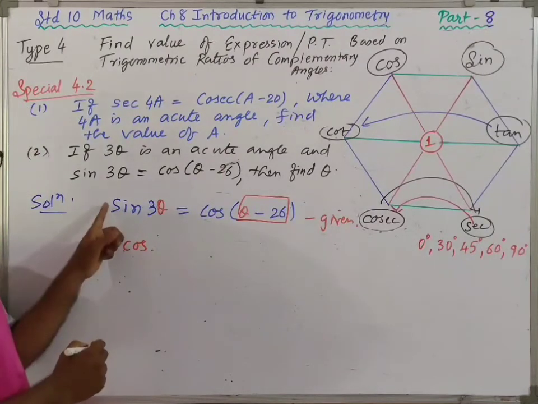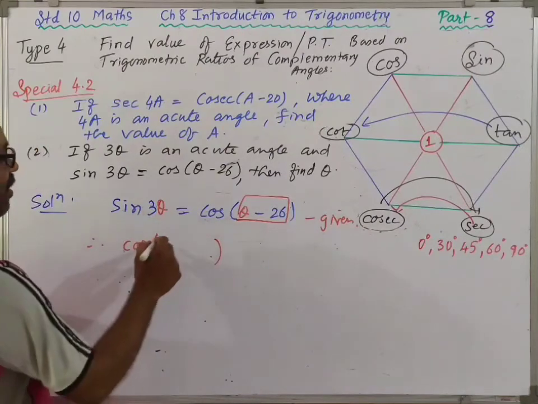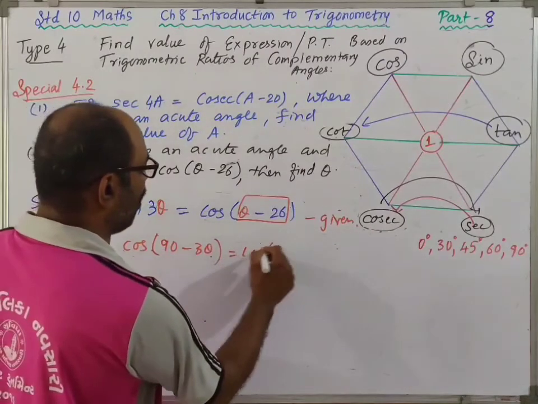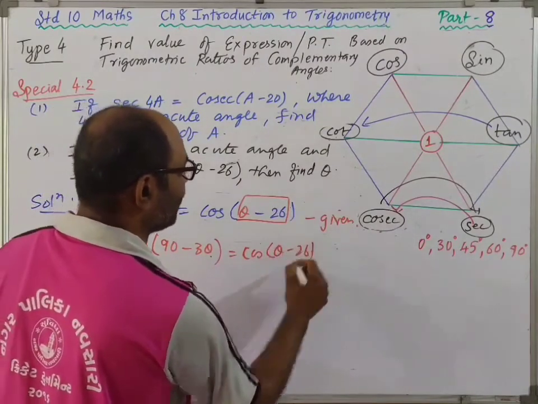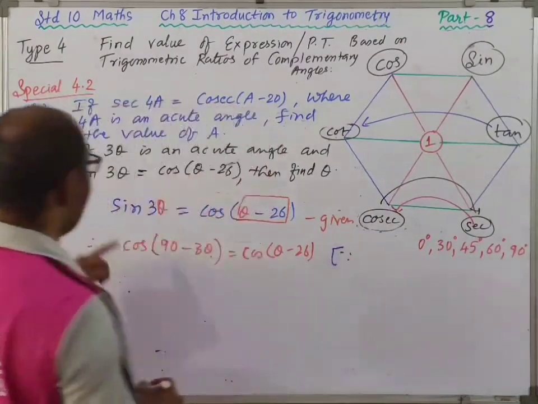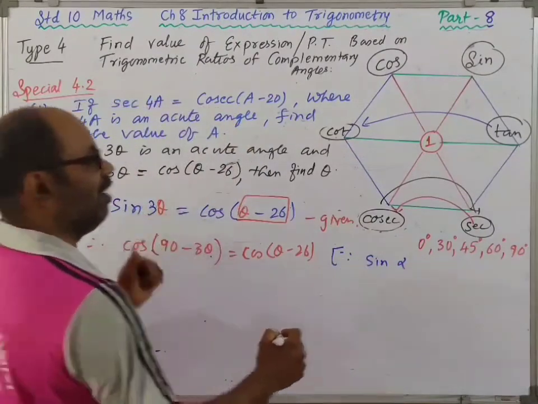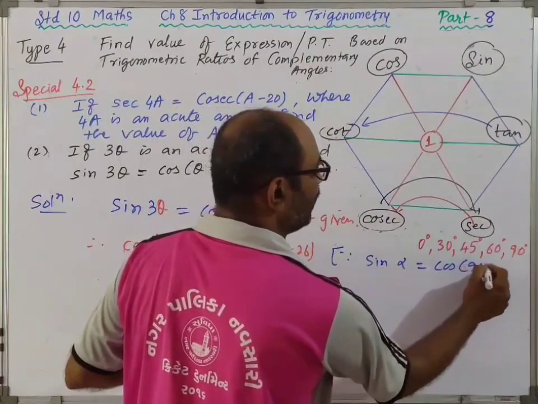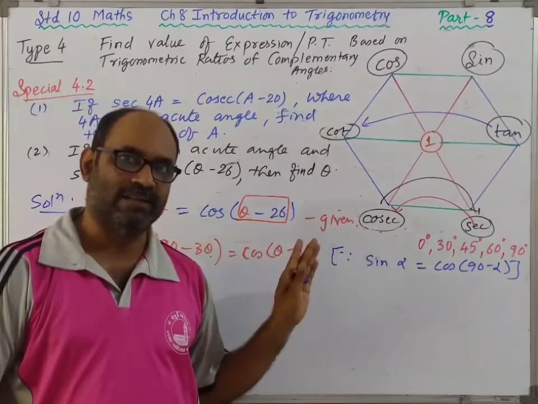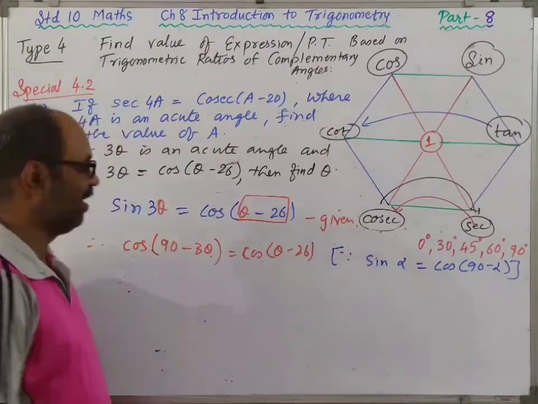ये आप देखो दो टर्म के फॉर्म में है, so don't convert cos, convert sin. Sin का complementary cos, और ये ब्रैकेट में लिखना पड़ेगा 3 theta, 90 minus 3 theta is complementary. That is equal to cos of 90 minus 26. यहां पिछले वाले में रीजन नहीं लिखा, आपको लिखना पड़ेगा बिकॉज आपने साइन को कन्वर्ट किया. साइन अल्फा ही है, सिंगल टर्म है. साइन अल्फा इज इक्वल टू कॉस 90 माइनस अल्फा. दिस इज द रीजन. राइट? ओके. Trigonometric ratios of complementary angles.